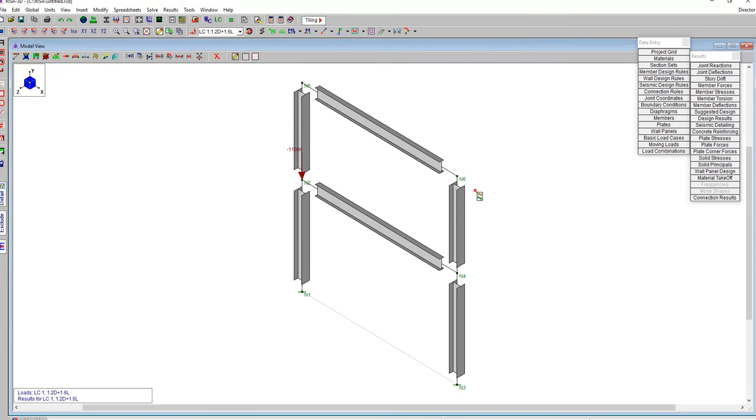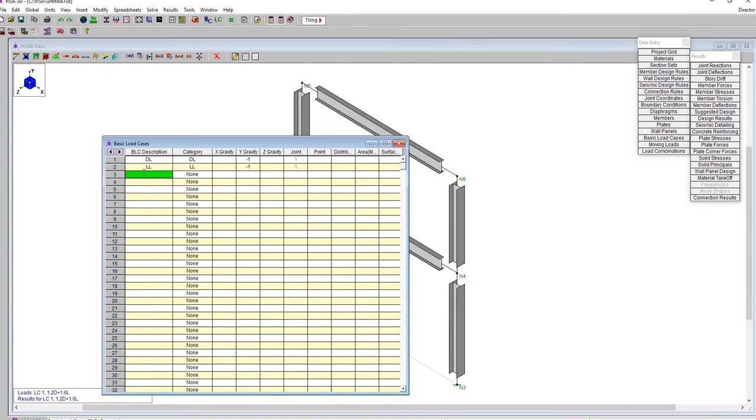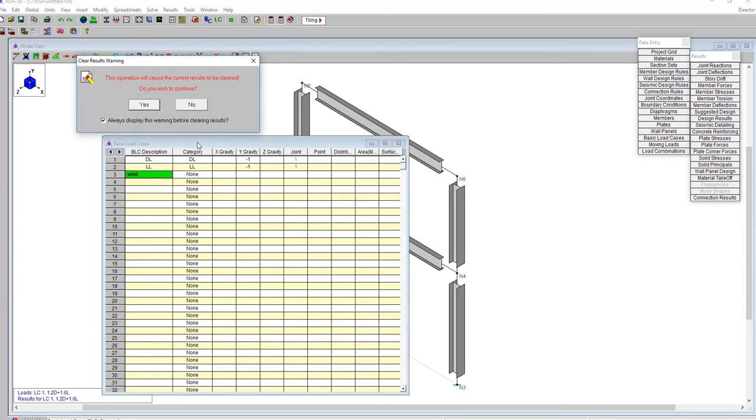Now we can go to part 2, which means that we're gonna now create a new load case, and that's our lateral load. See if it's gonna be strong enough or not. I'm gonna create wind and